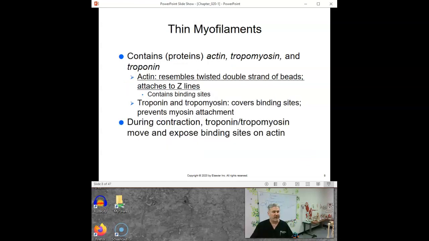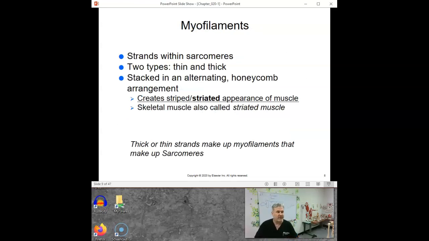I don't want to get too technical into some of this with you guys. You will hear, definitely in your test tonight too, the two main proteins that are responsible for contractions in your sarcomeres, which are in your muscle fibers, which make up your muscles, are actin and myosin. These are the two main proteins that inside your sarcomeres actually kind of grab each other and pull themselves together.